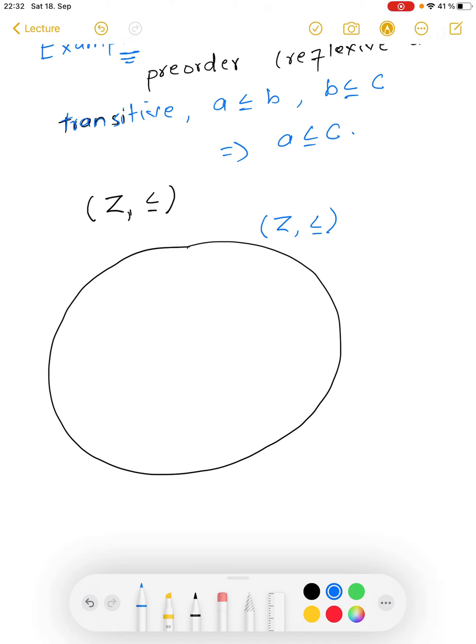Category of integers with this pre-order relation. So definitely it has elements, let me say -1, 0, 1, 2, 3, 4, 5, etc. And there are morphisms. The morphisms in this category are given by the less than or equal to relation. So we see that -1 is less than 0. It satisfies this property. 0 is less than 1, 1 is less than 2, 2 is less than 3. So there is a morphism